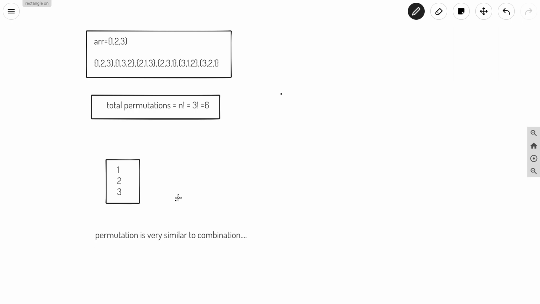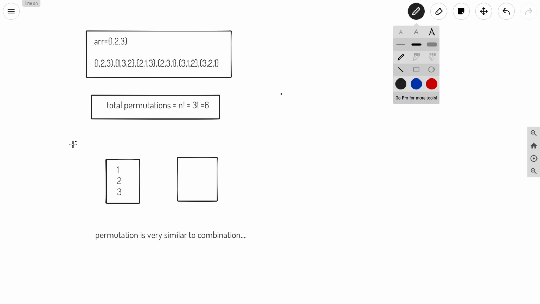So let us think in the same approach. How can we think? Likewise, we have a vector. We will take a vector and push back any of these elements into it. So let us push back 1 in this vector. If we push back 1, we will have 1 here.